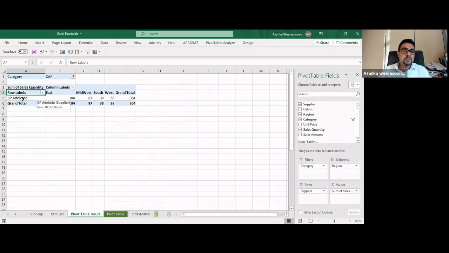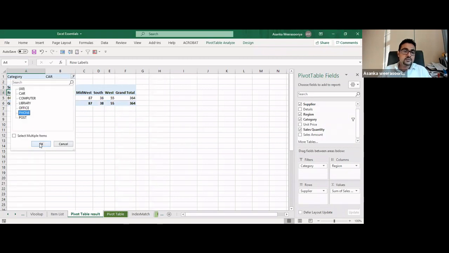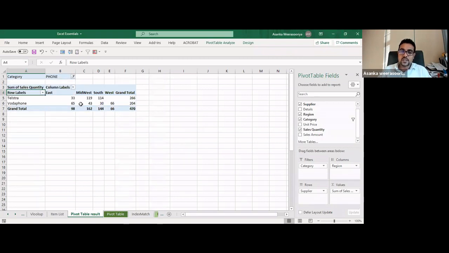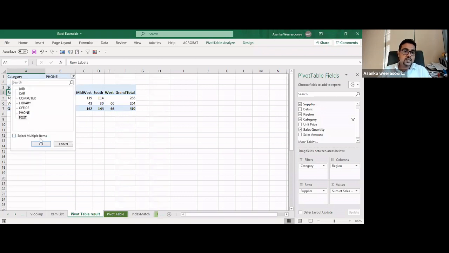Actually, this car is provided by only this supplier for this region, so it's filtered. Now it applies the criteria and shows results only for the car category. If I select phone, these are the phone suppliers. And if I select post,